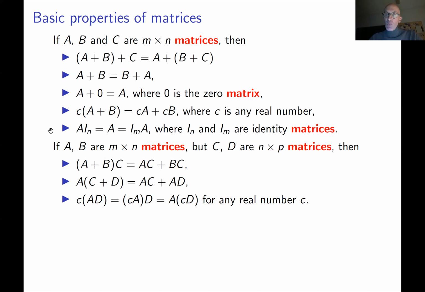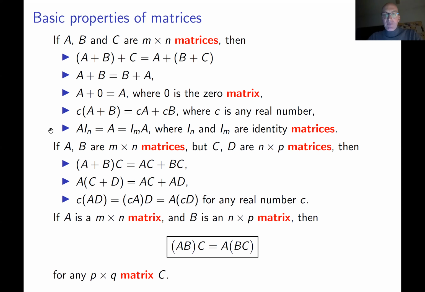Again, all of these properties have to be checked. But this is probably not the most important property about matrix multiplication. The most important property about matrix multiplication, and basically sort of like a miracle, is the next one. So if you have three matrices, A, M times N, B, N times P. If you multiply them, you get a matrix of size M times P. Now you can multiply this matrix by another matrix C, whose size is P times Q. So the resulting matrix is going to be M times Q.